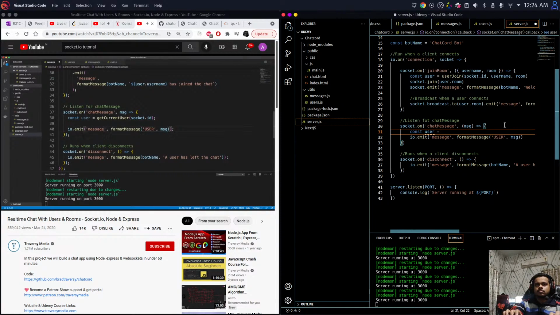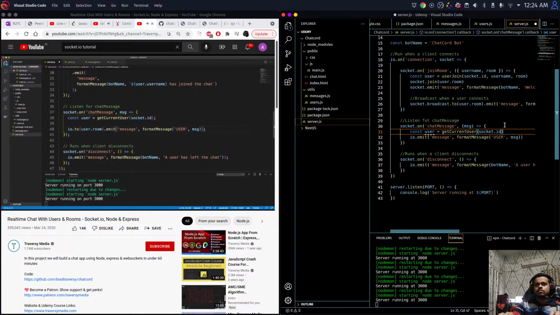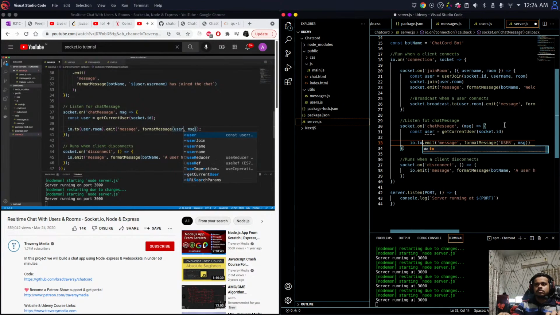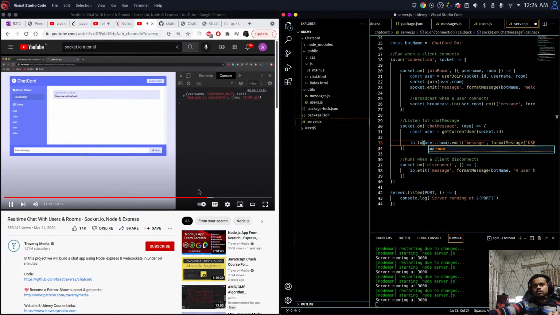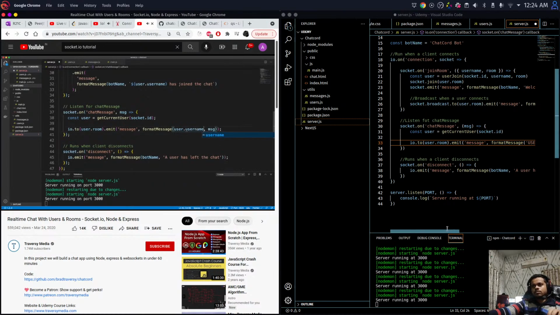Now, just like we did above, we want to do io.to and then the room .emit. So it'll be user.room, or else we'll just emit to every room. And now we can replace this with user.username in the message. So now, if we go back and reload, and I try to send